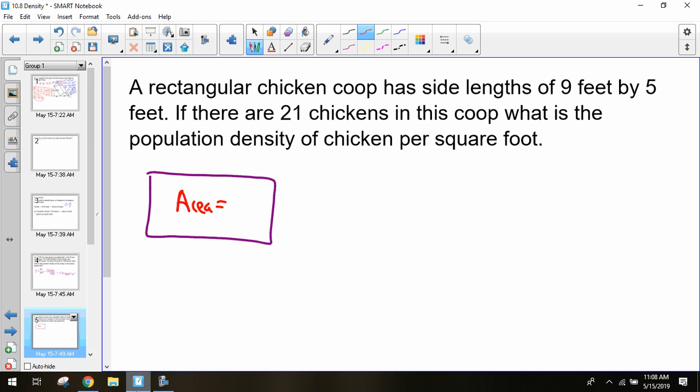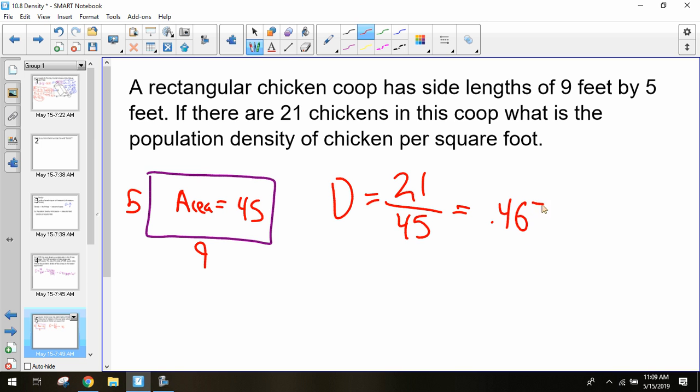We're going to need to find the area of it. Wouldn't it just be 45? 5 as one side, 9 as the other. So 45 would be the area of the rectangle. Okay. So then you just do 21 over 45. Density is just going to be our number of chickens we have, which is 21, over the amount of area that they actually have, which is 45. 21 over 45 is